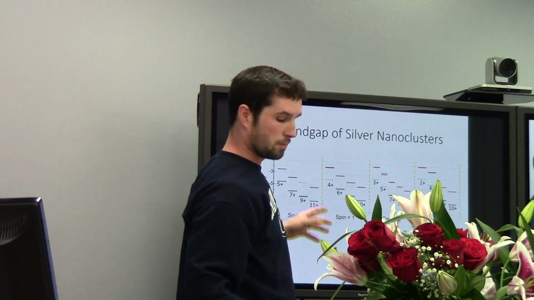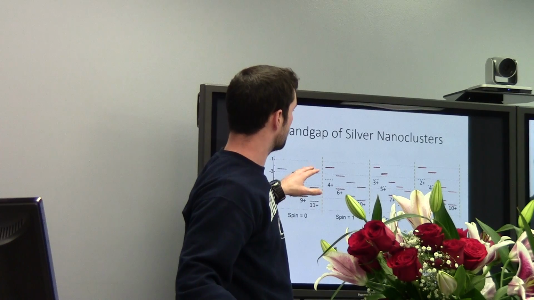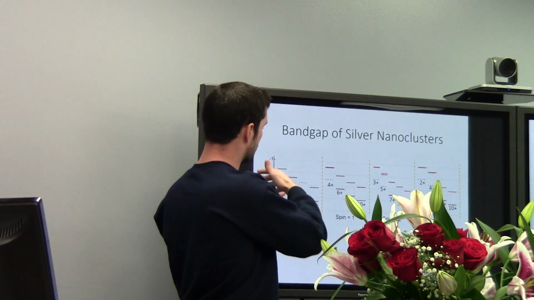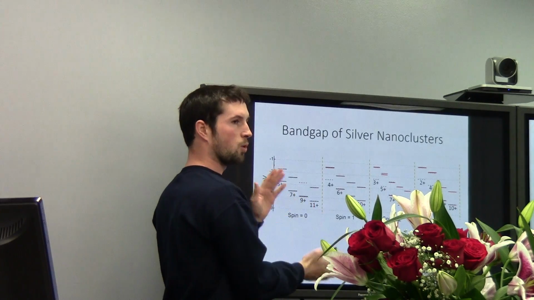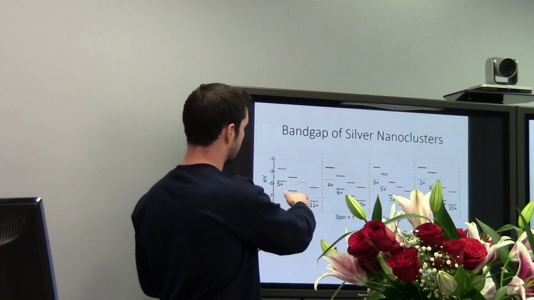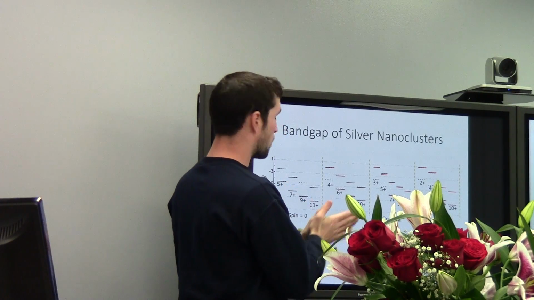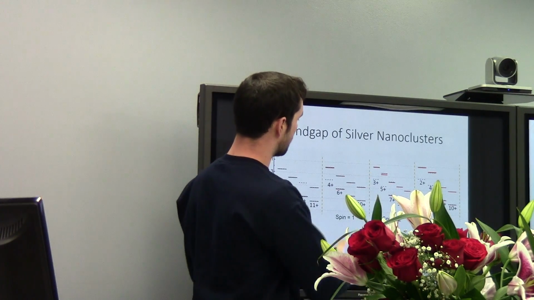Looking at the models that were optically active and had a band gap in the previous plot, we plotted the band gap, the HOMO-LUMO energy, for these different states, which is here. You can see for higher oxidation states, +11 compared to +5, that both the HOMO and LUMO energy drop, and that's pretty much